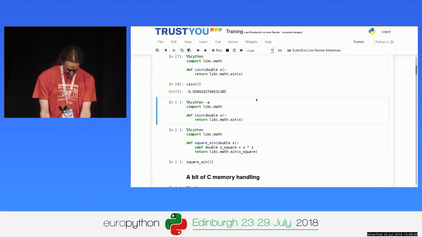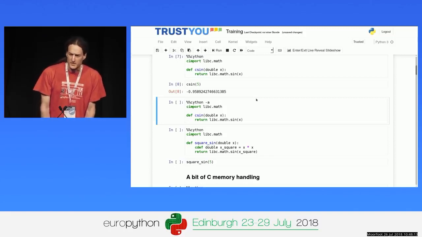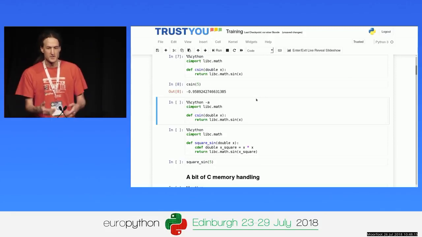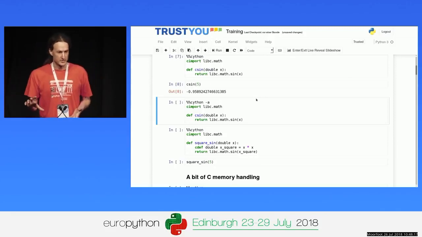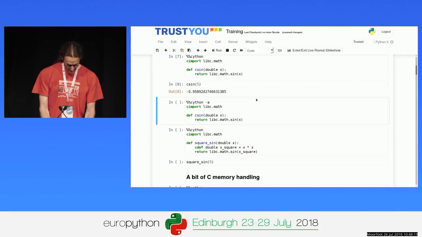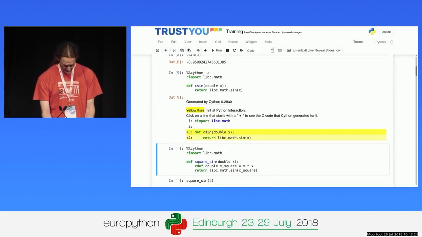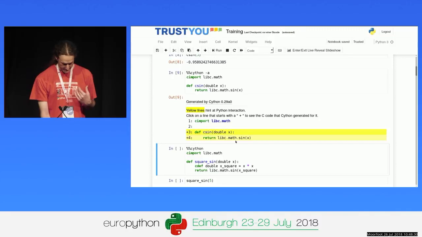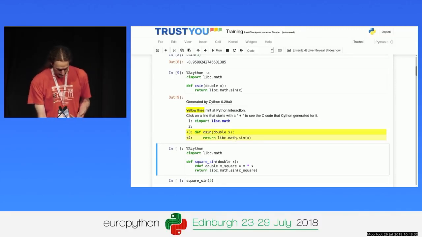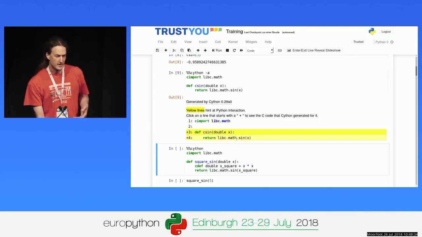Nice feature of Cython. When I say cython -a, it generates the C code for me, but it additionally generates a little HTML snippet that shows me how the compiler understood my code. So this is a copy of my code, and it has information that I can use to understand what became of my code. It helps me in optimizing my code.